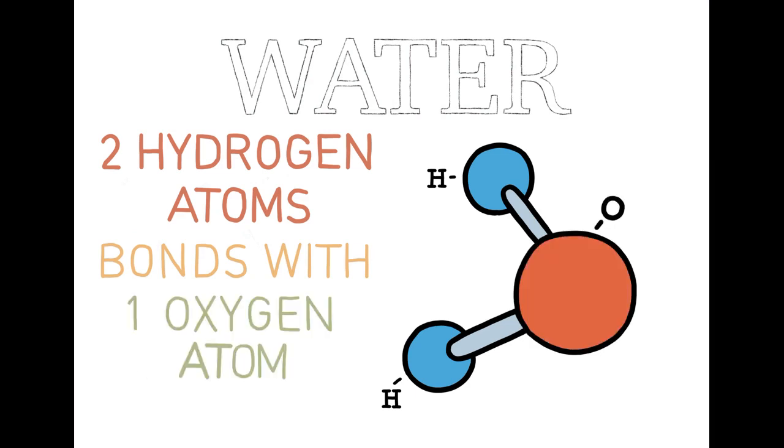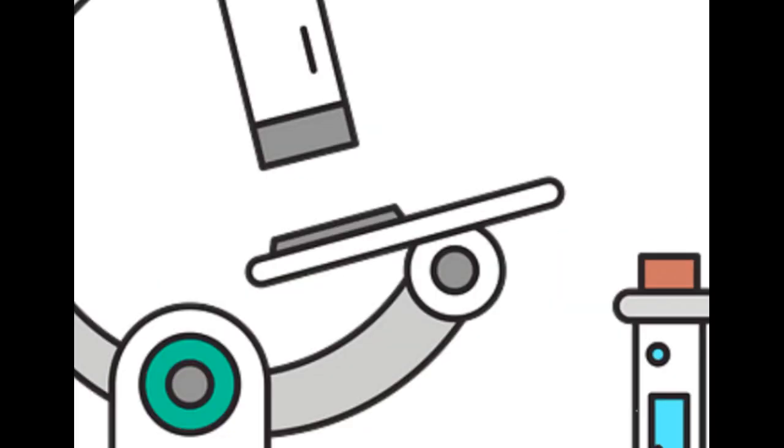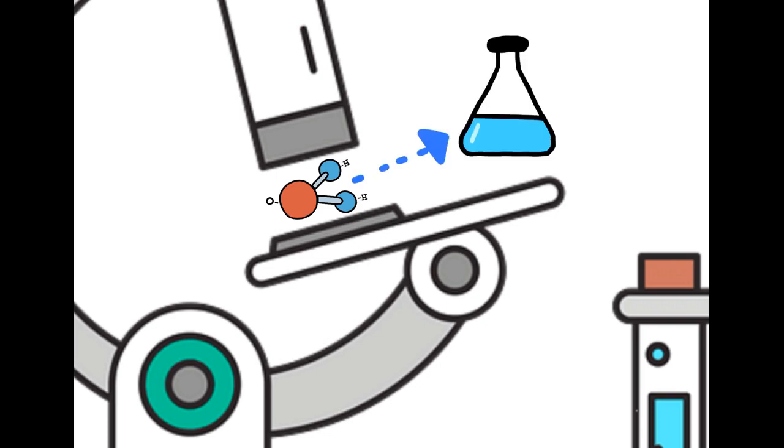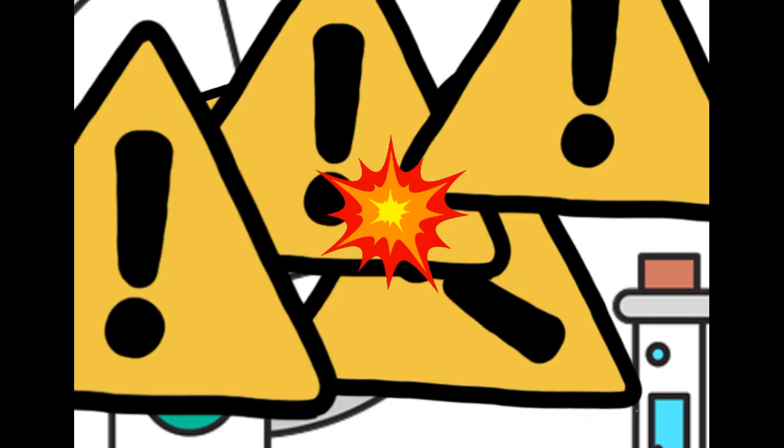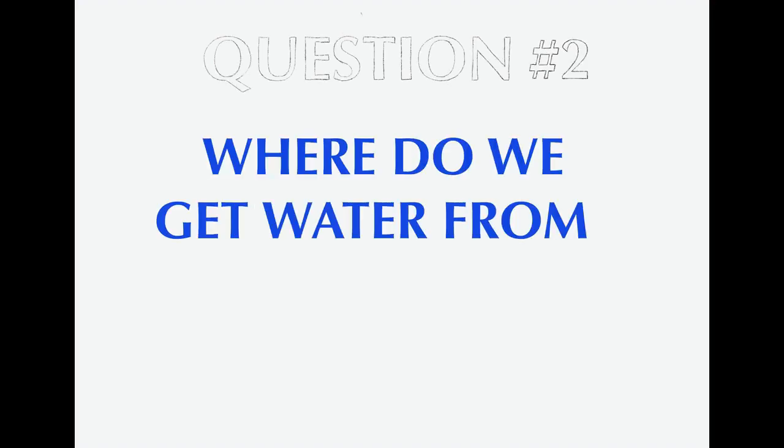The process of inorganically creating water using these atoms in a lab has been done, but it only produces minimum amounts of water because the process used to combine these atoms is very unsafe and can trigger an explosion. Since we barely create water in these sorts of methods, where do we get water from?